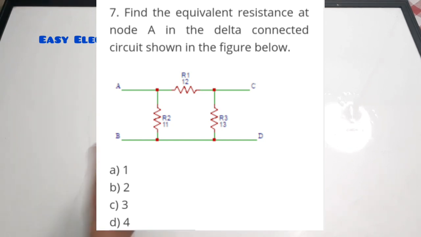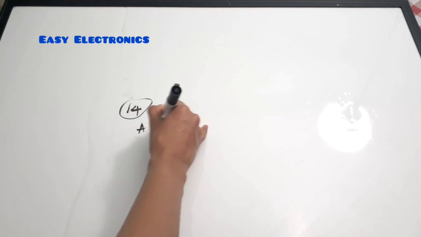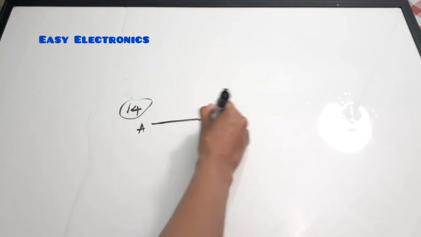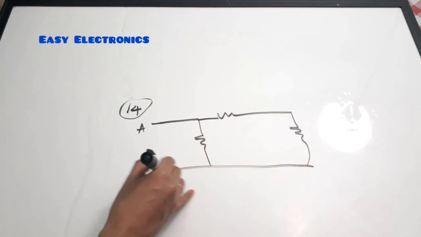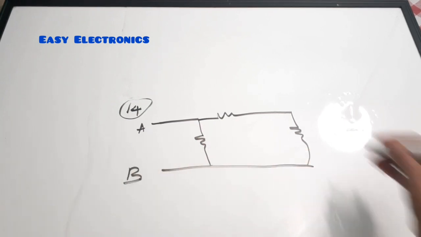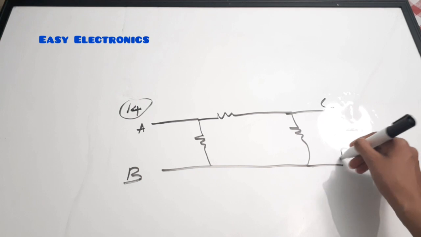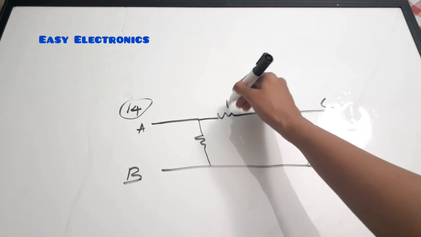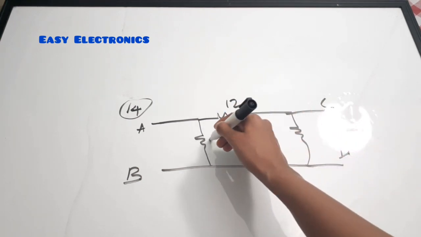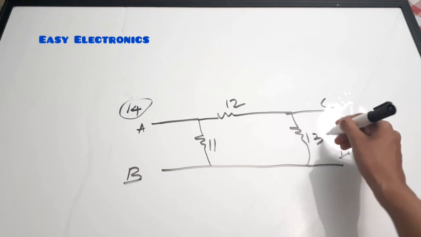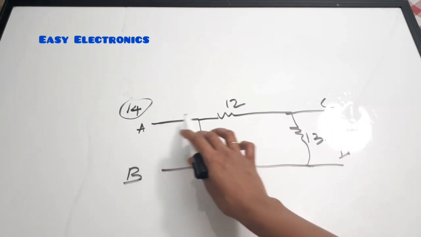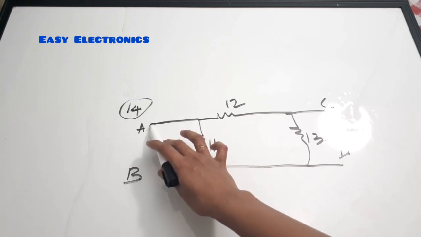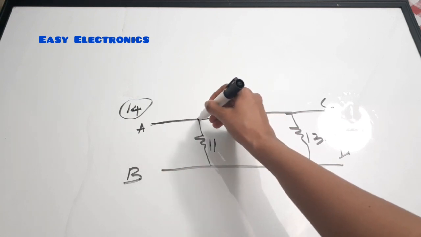I'll draw the circuit for you. So there is an A here. There is a resistance here, here also, here. And there is a B here. And here there is C and D. Now these values are 12, 11 and 13. Now what is the resistance at node A? Now the resistance at node A will be the